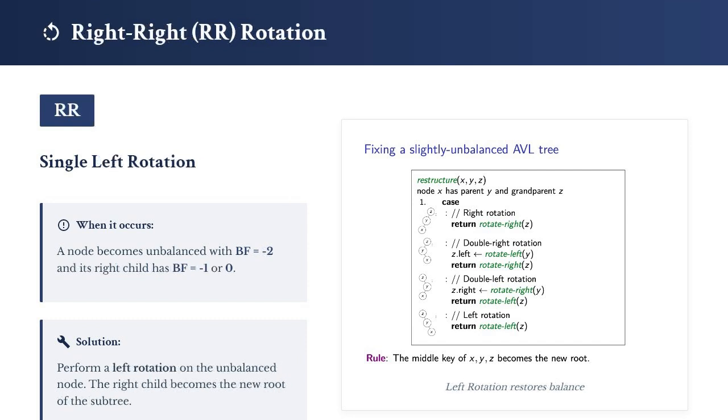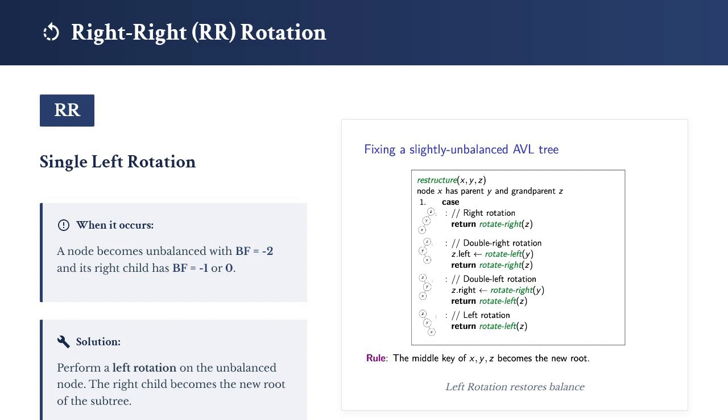The right-right rotation is also called a left rotation. It's the mirror image of the left-left rotation. We use it when a node becomes unbalanced because its right subtree is too tall on the right side. This occurs when a node has a balance factor of -2 and its right child has a balance factor of